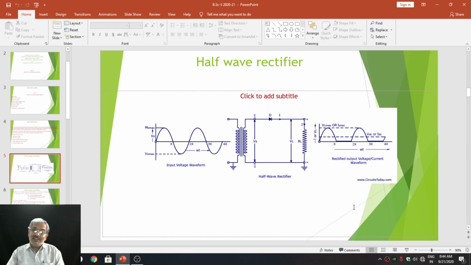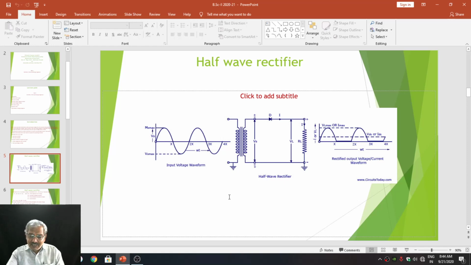During the construction of half wave rectifier, we studied that it consists of a step down transformer to the primary of which 230 volt AC voltage with the frequency of 50 Hz is connected, which is to be rectified. Across secondary, a semiconductor PN junction diode is connected so that its P region is connected to the secondary winding and N region is connected to the load resistance, and load resistance is connected to the ground to the secondary terminal. So this is what we have studied in the construction. We also studied the working of the same.